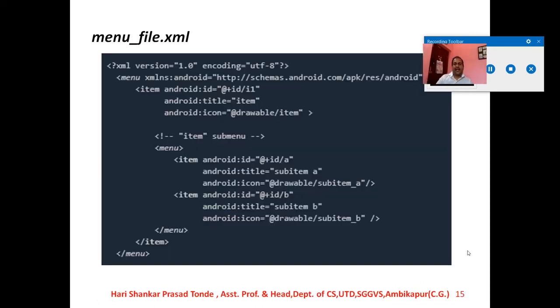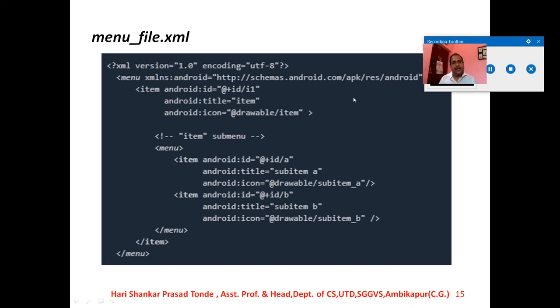So what is the particular source code that we are having? We are going to understand this. XML is the extensible markup language which we are going to use for the coding purpose. Here we are going to use version 1.0 and encoding is UTF-8. This is the encoding part, and this will be the system codes part. Menu xmlns:android equal to, this will be the URL of the part, http://schemas.android.com/apk/res/android. So you all know this.